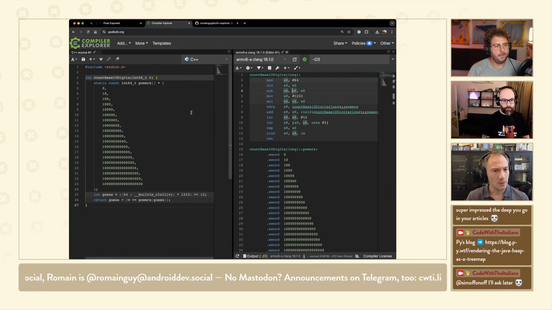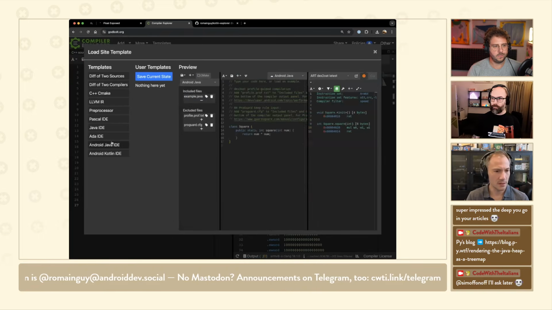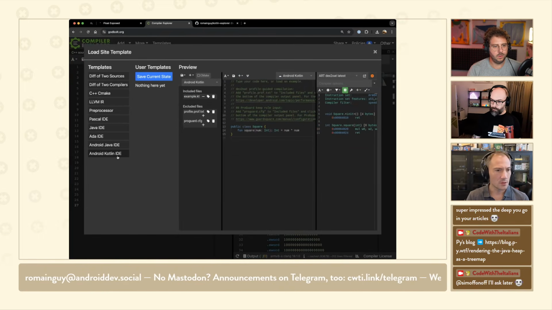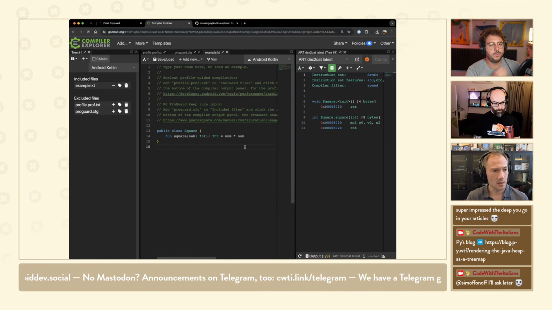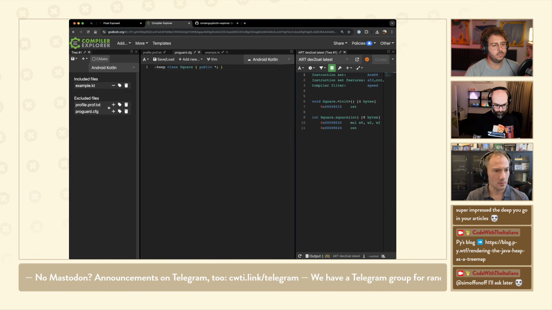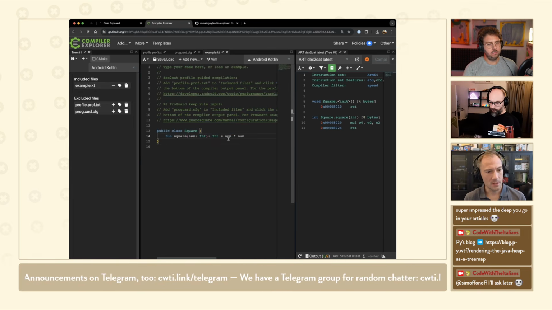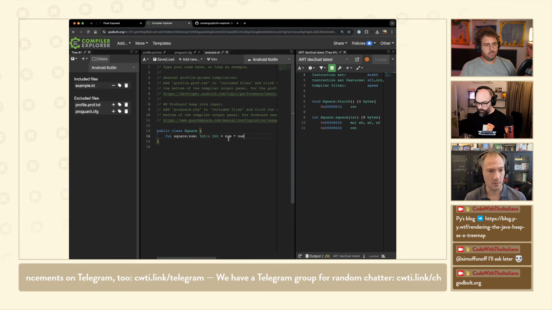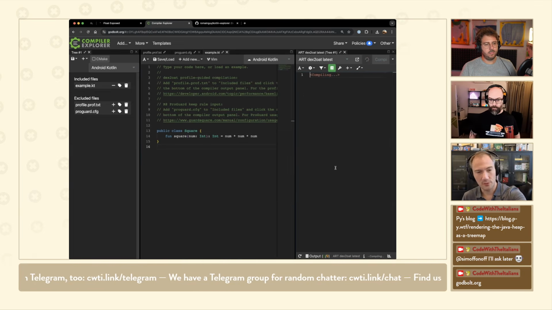Yeah. So if you go to templates at the top, now you can choose Android Java IDE or Android Kotlin IDE. If you fancy Android Kotlin IDE, it presets everything so that you can write your own baseline profiles, your own ProGuard configuration, and you can write code. And whenever you type code, let's say that our square function, instead of a square, we make it a cube. Wait a little bit. On the right side, you will see the output of the compiler.